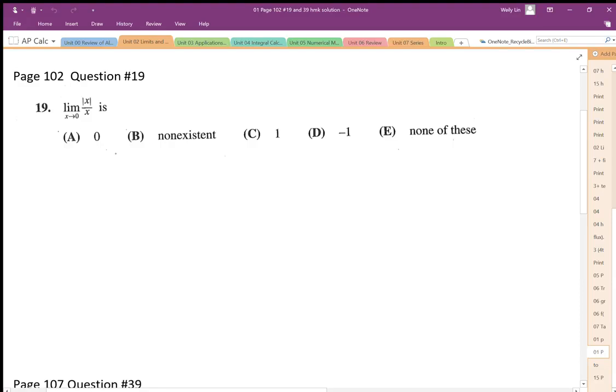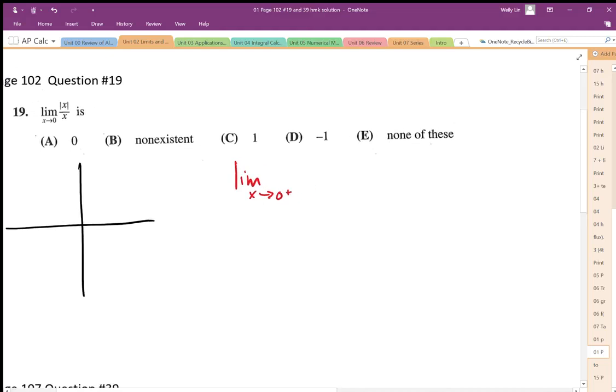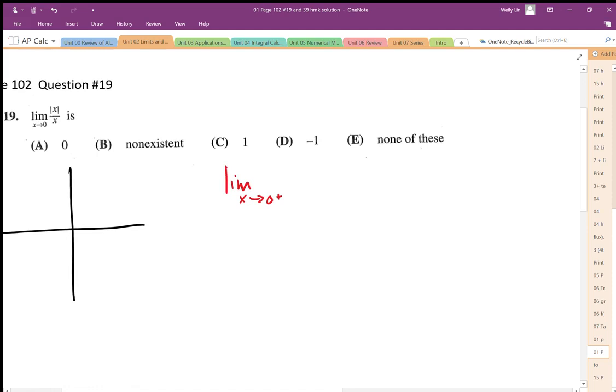But we should really understand how to look at this. We need to be able to understand and visualize this graph. So if I want to do the limit as x approaches 0 from the positive side, we really need to be able to write this as a piecewise function. So the f of x